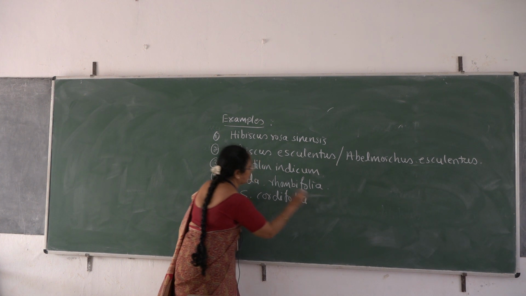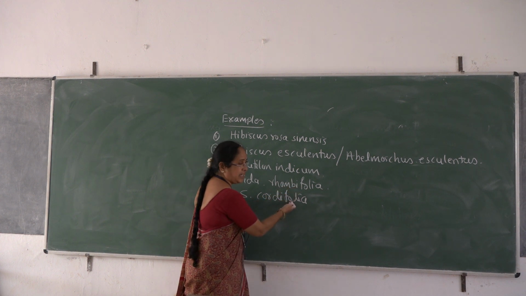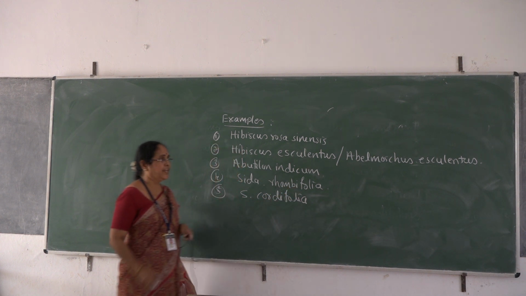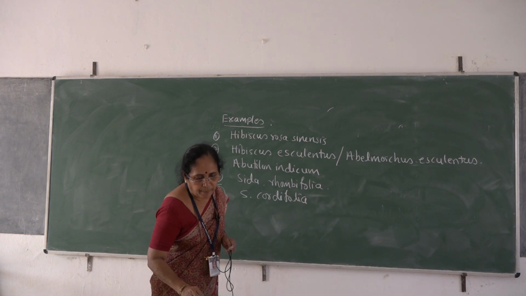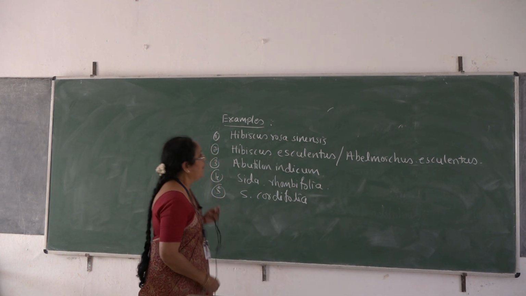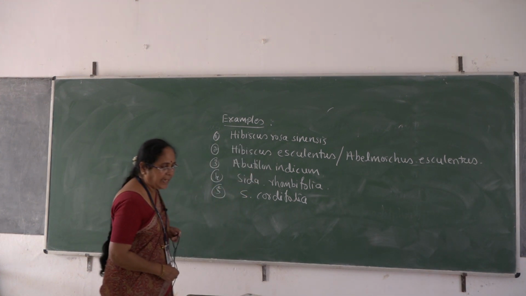Here the species are named because of the shape of the leaf: rhomboidal shape of the leaf, folia is the leaf, and here it is cordifolia, cordate shape of the leaf. Sida rhombifolia and Sida cordifolia are the wild plants which belong to this family. Apart from this, the economically very important plants of this family are: